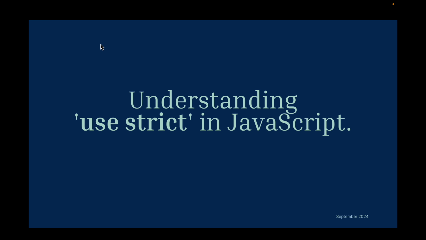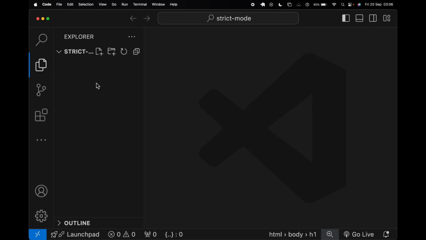We're going to focus on a really important topic in JavaScript: use strict. This is something that can really help you write cleaner, more reliable code. But before I dive into what it does, let me show you a common mistake in JavaScript that strict mode can help prevent. Let us head over to our VS Code and create a file called